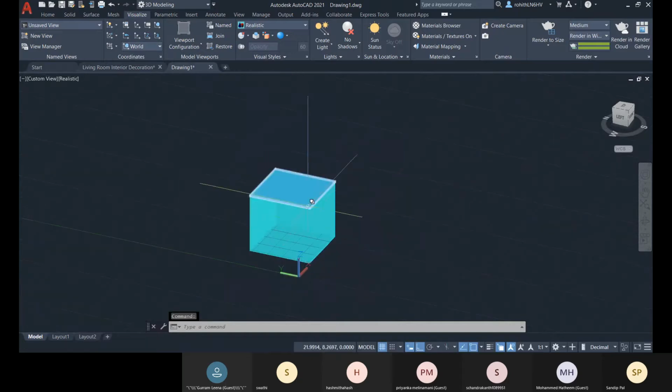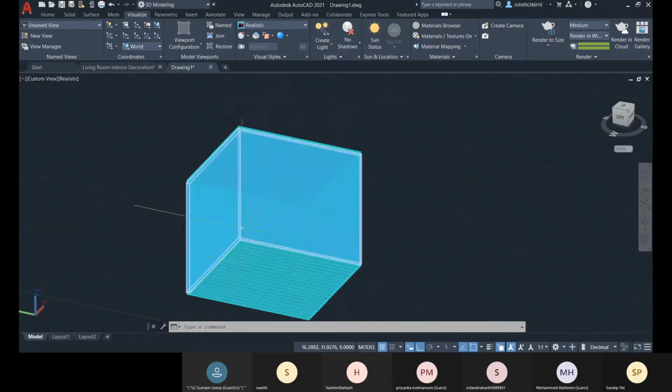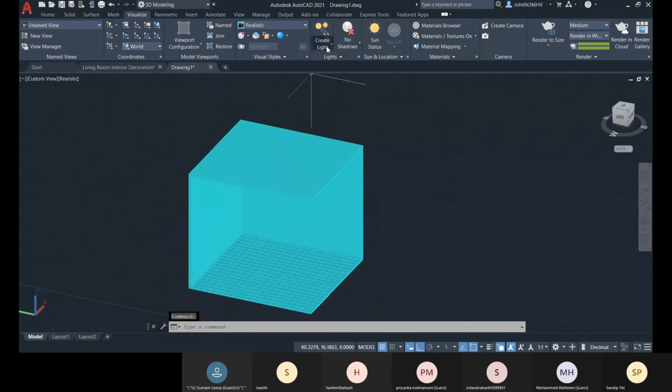So if you increase the distance but the intensity is the same, you will get the effect like that. When you make it closer, in that particular direction, you will get the intensity result. So it works like that.